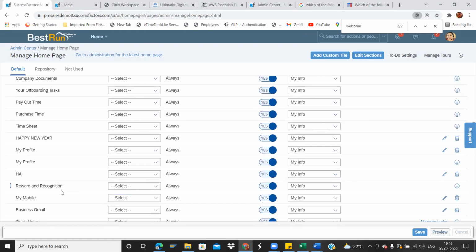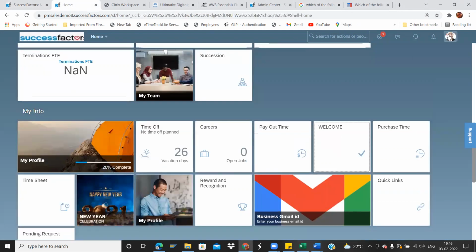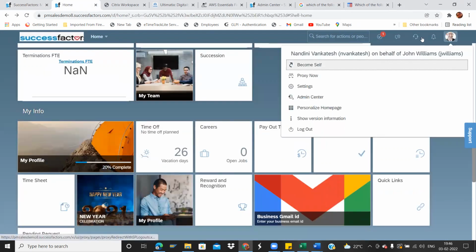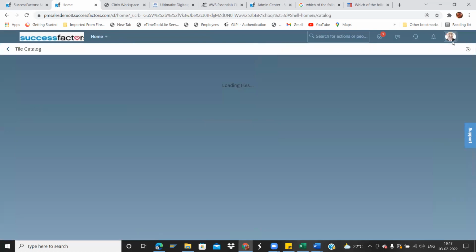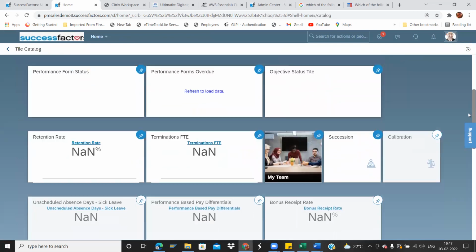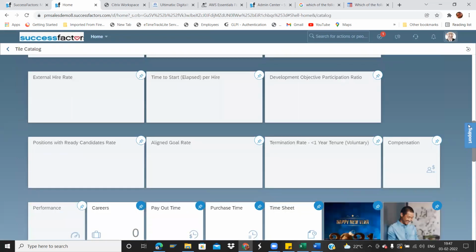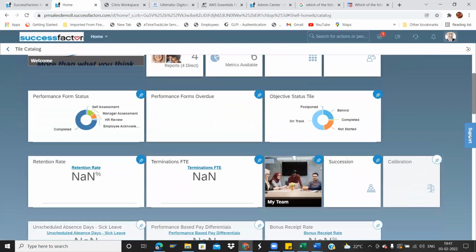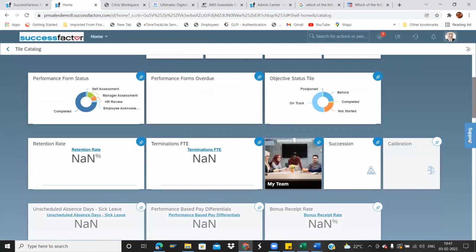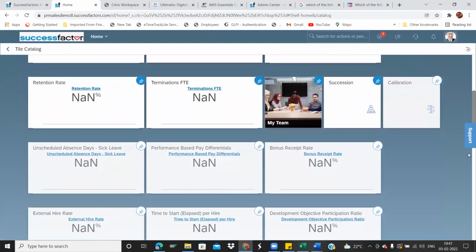Here the awards and recognitions tile is there. Now I'm in this employee profile. If I want to personalize my home page individually, an employee can also personalize. I'll click on personalize home page. In my info, you can find awards and recognitions.